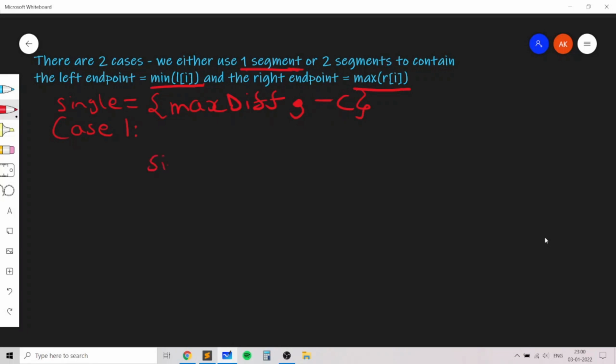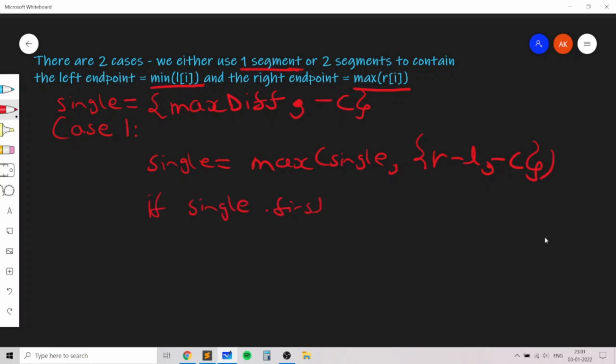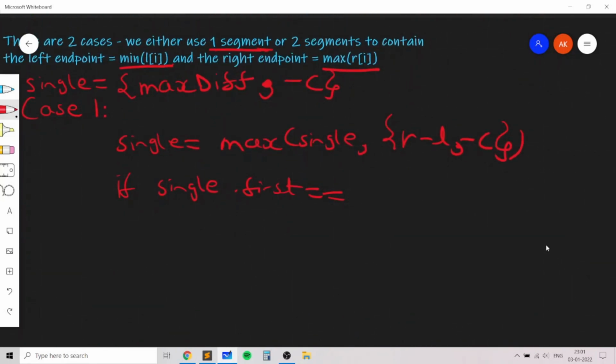So in case 1, we will update single to be the maximum value of single and the current difference r minus l and the current value of cost. And we know that if single.first is equal to the high.first minus low.first, if this condition is met, we know that single is a single interval which contains the minimum endpoint and the maximum endpoint, and that's why we will just update answer to